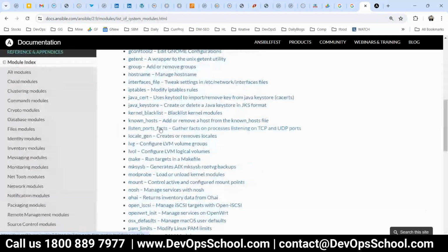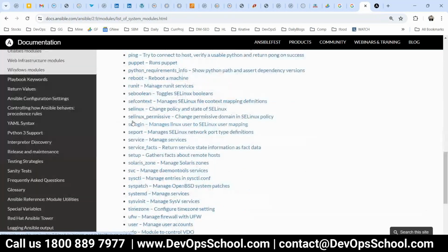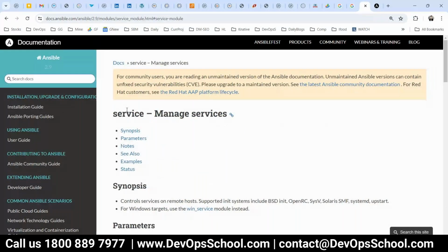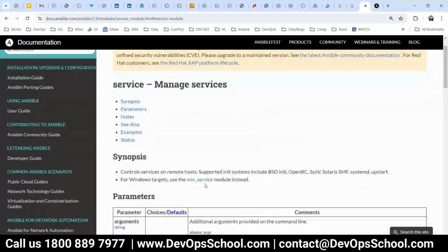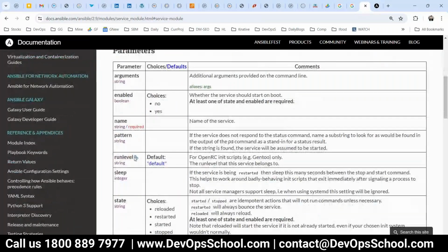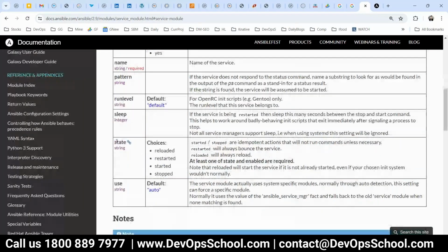Let's look at service. Where is that? Here it is. And you see that? Don't rush. You should read this, okay? And the Windows ones start with win. These are the arguments. And you see here required is name. It means you have to give the name, mandatory. But what has to be done? Whether start, stop, restart, what exactly? So state, if you see, it's nothing. Every module you'll see state. State means what should be done.